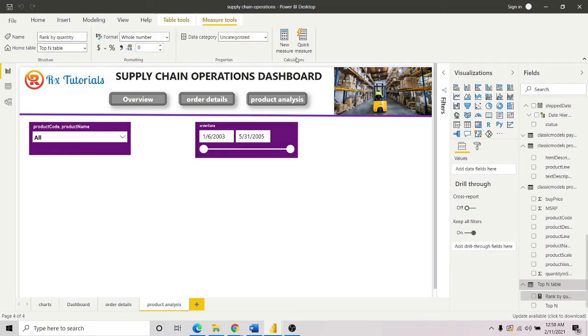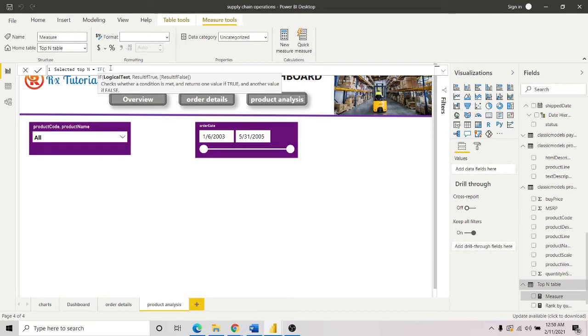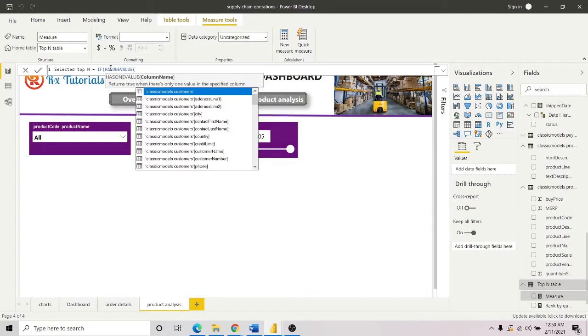In the second measure, let's create another measure. I want to name it selected top n. With this, I want to use an IF function, and in the IF function, we first of all have to specify our logical test. Our logical test is we are going to use the HASONEVALUE, and then what we are going to say is that